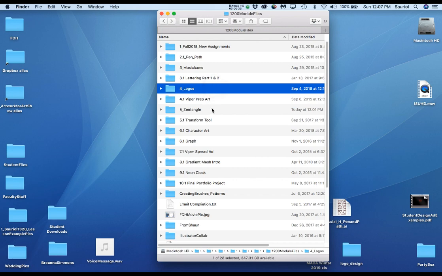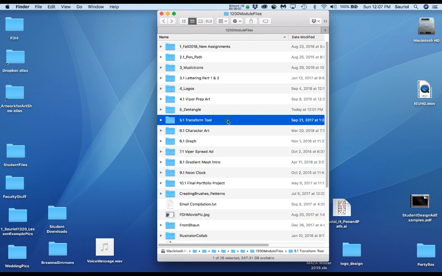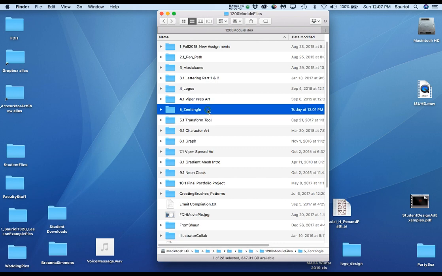And I want to not replace the transform tool. I want you to practice with the transform tool 5.1. But I am going to add 5, which is the Zentangle, to the modules, and you'll see it in front of you. And it won't take you long. The whole thing only took me about 3.5 hours just to get done,